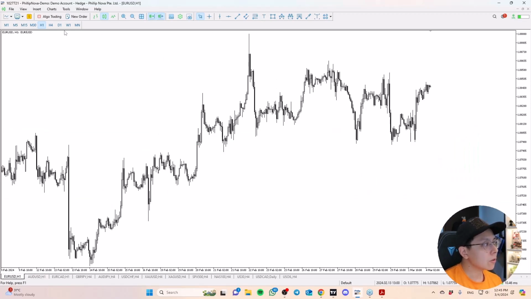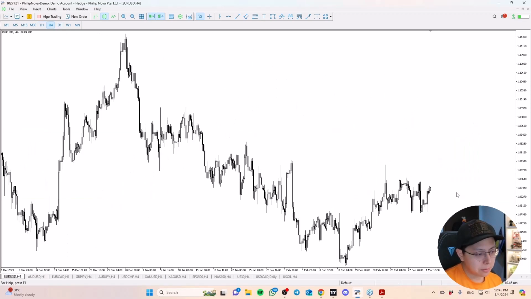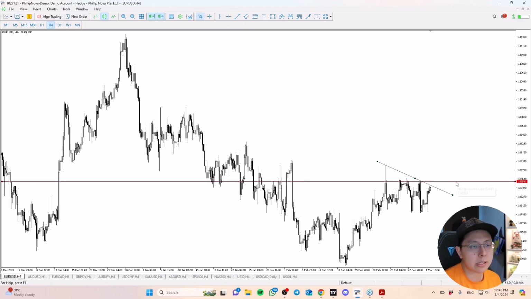So Euro dollar, I don't have an order flow setup, but if today one of your setups is to trade the breakout of a trend line, you have a valid setup. So again, as I mentioned, setups come in many different forms. At the end of the day, it's a set of criteria and conditions that you are aligned with.